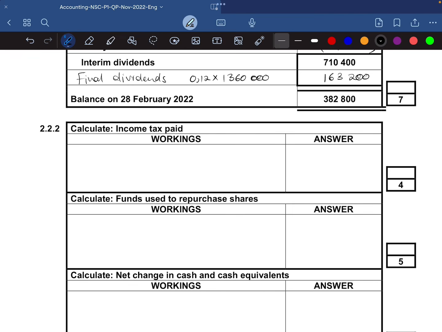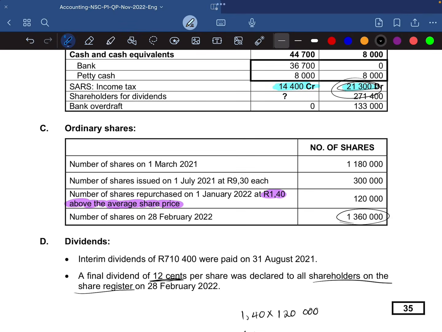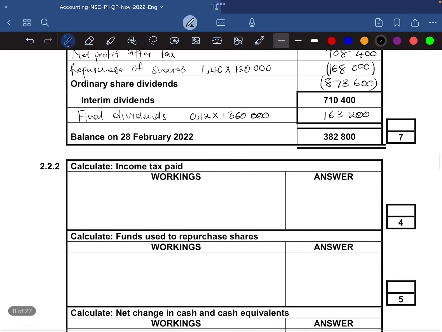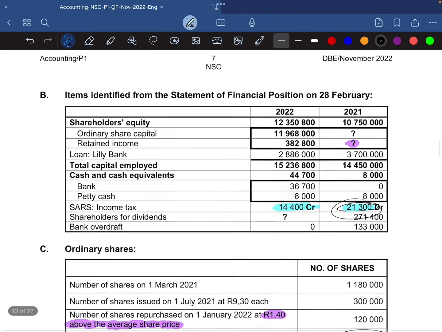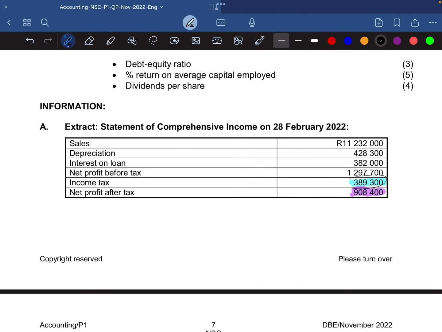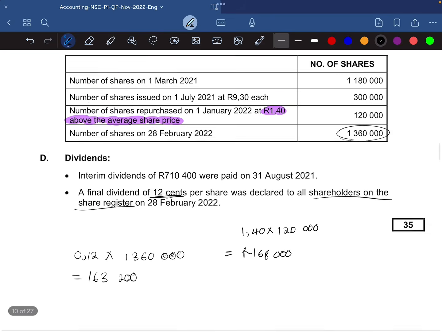Okay, so what we're going to start with here is the 21,300. So it's a debit balance. That means we are not going to pay it. SARS is supposed to refund the business. So it's 21,300. Now here we have 389,300 that we are supposed to pay. Okay, that's an outflow, should be in brackets. Let's say just minus 389,300, and then we have